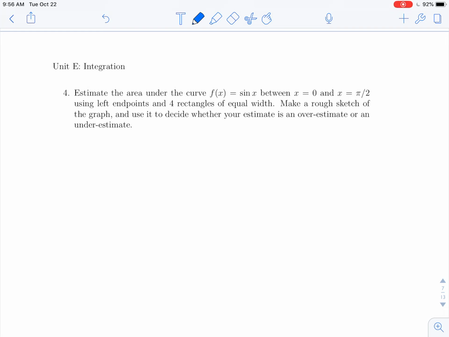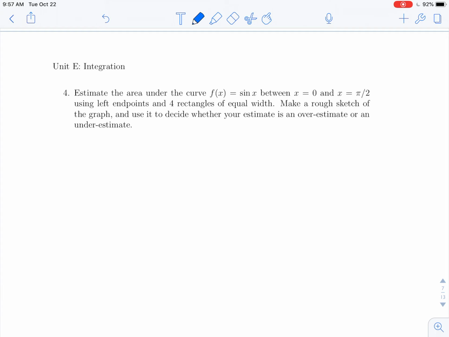Guided exercise number 4 says estimate the area under the curve f of x equals sine of x between x equals 0 and x equals pi over 2 using left endpoints and 4 rectangles of equal width. Make a rough sketch of the graph and use it to decide whether your estimate is an overestimate or an